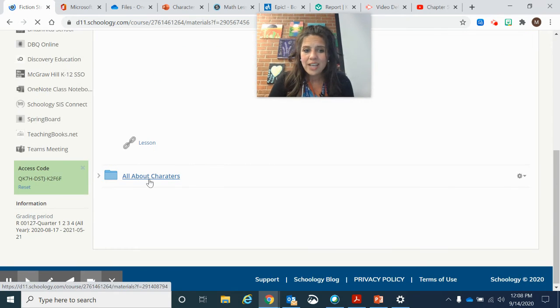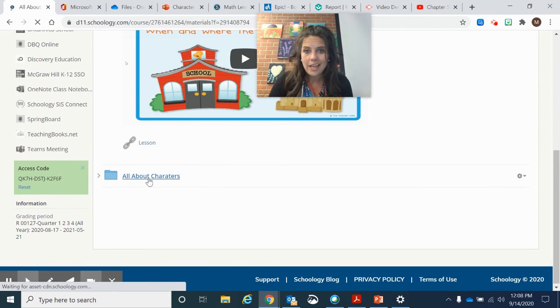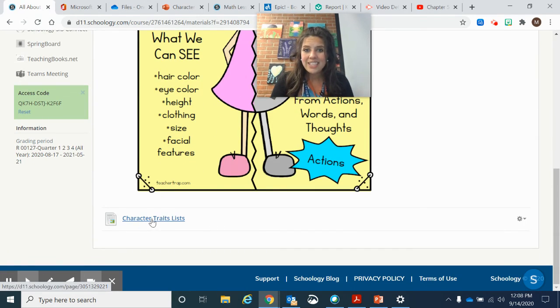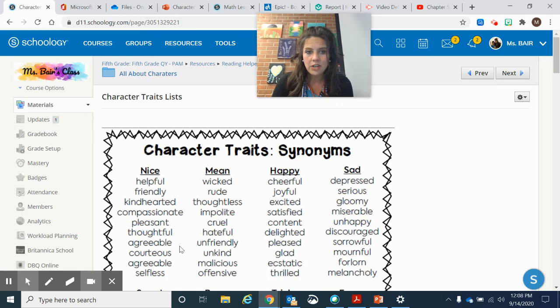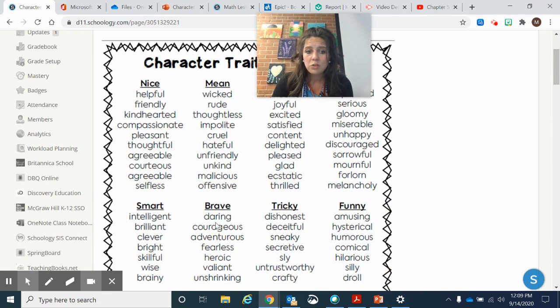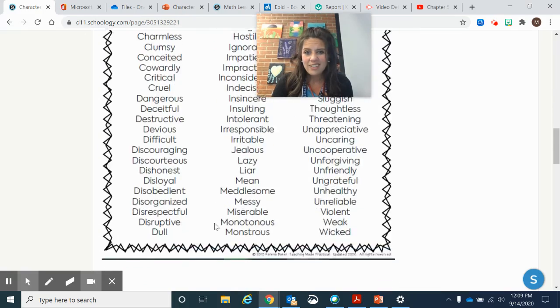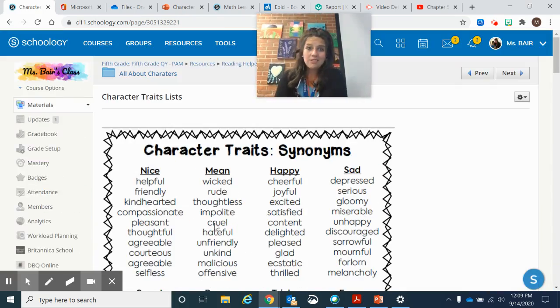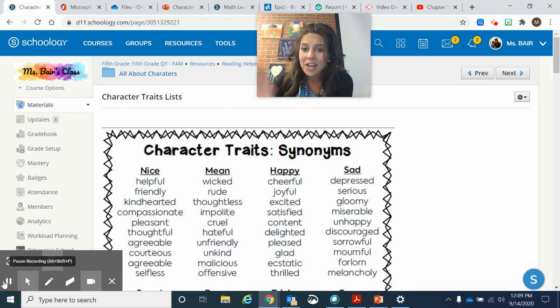And then if you scroll down, it says all about characters, and it will give you a reminder of character traits here. But then this has a list of all different kinds of character traits. So here are some synonyms for nice characters, brave, and it keeps going. And you can pick any one of these and tell me what you think Todd is like. All right, good luck. Bye.